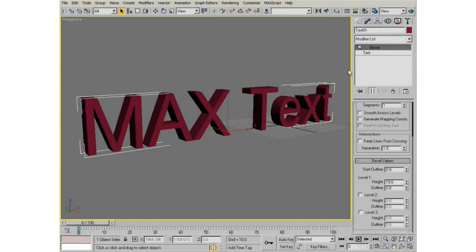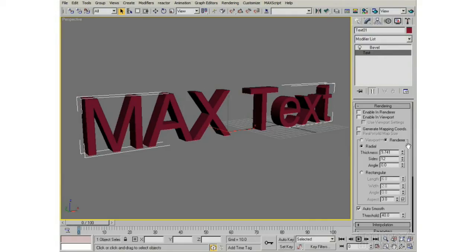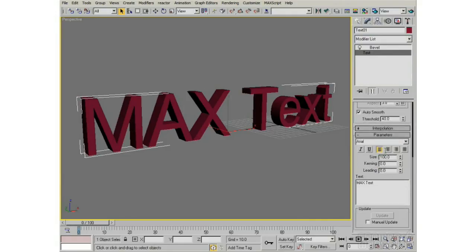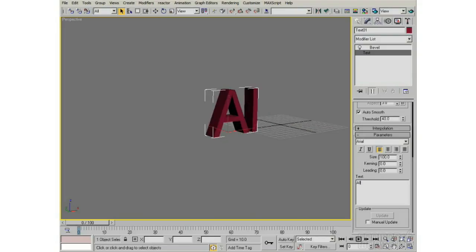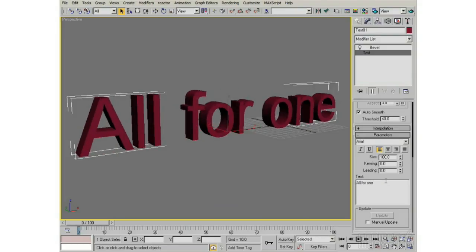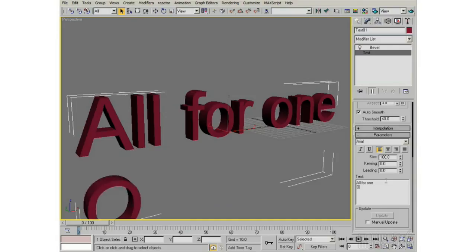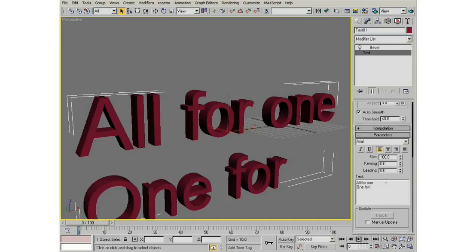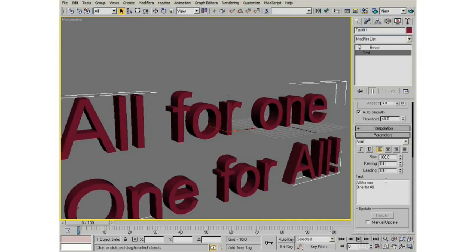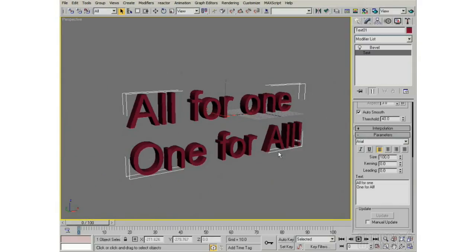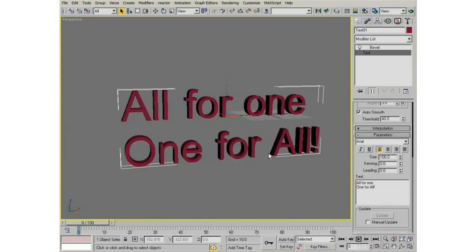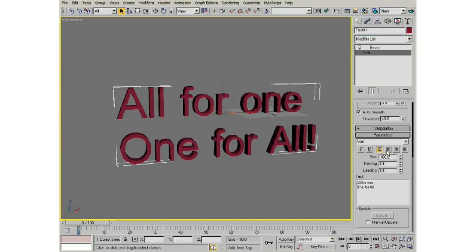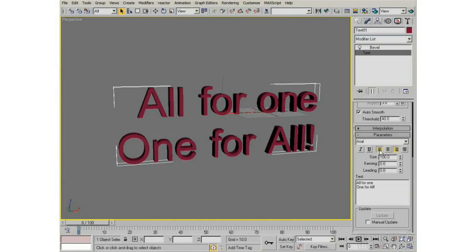And let's say, well, this text is kind of boring, so I'm going to go back to my original text, and you can see down here, you can type whatever text you want. And you can see it allows you to enter multiple lines of text. If you enter multiple lines of text, you can have control over the centering, the justification, that sort of thing,